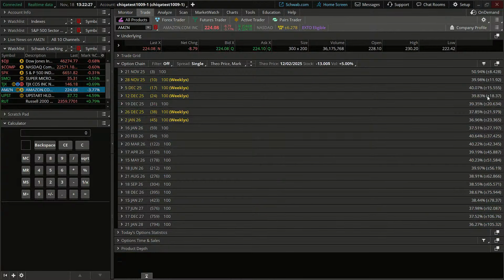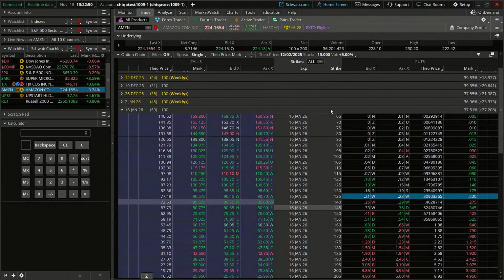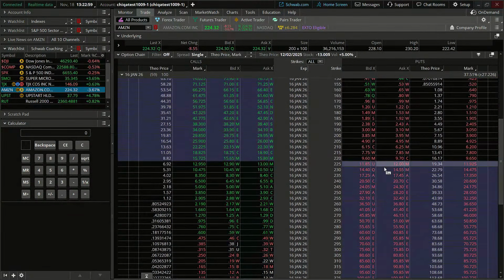Another thing that you could do too is look in a matter of roughly 2 weeks here, and it'll show you the implied volatility and expected move on the right-hand side of your option series. So within the next roughly 2.5 weeks, that expected move of Amazon could be up $18 or down $18. So that's giving you that expected move there.